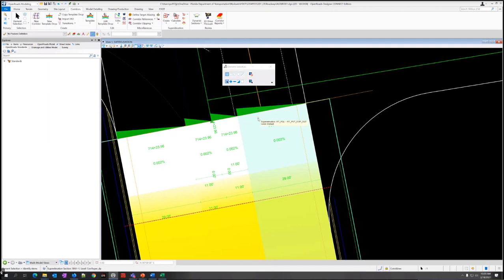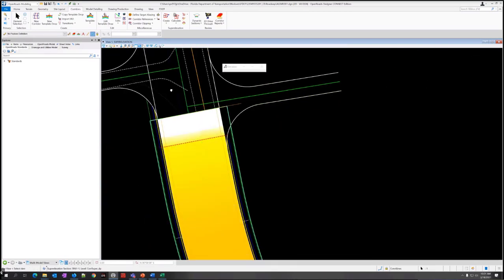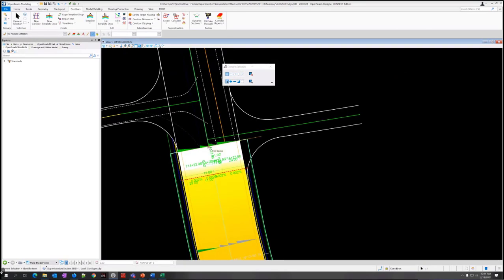All right, so back to the exercise here. So we're zoomed in on the end of the section. That's step 2. We want to grab that in-station manipulator and drag it. So we're going to extend a section to get past the transition. Even if we don't, well, for the purposes of the training class, we're not going to build a roadway there.